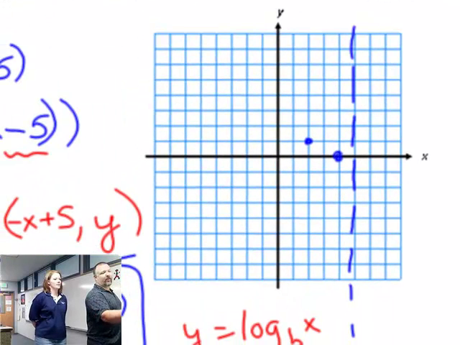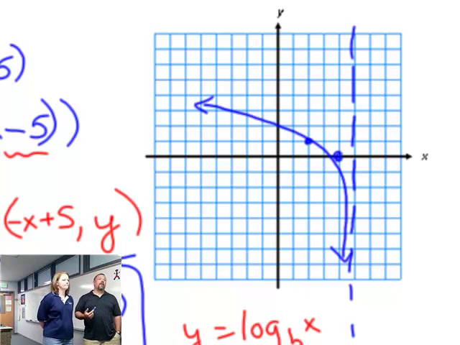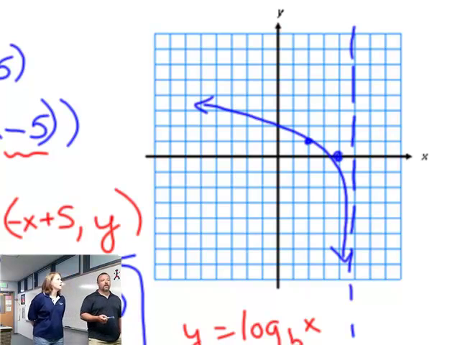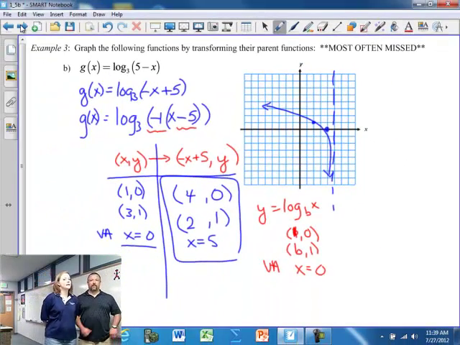It's a logarithm, so it kind of goes like this. Now remember, this thing got flipped over the y-axis, so instead of it going 1 to the right, it's now going over here to the left, and it's going to look like this. If you want to be more accurate, find more points. But for right now, that's going to do it for us. Three things. Alrighty, so we will see you in class where we